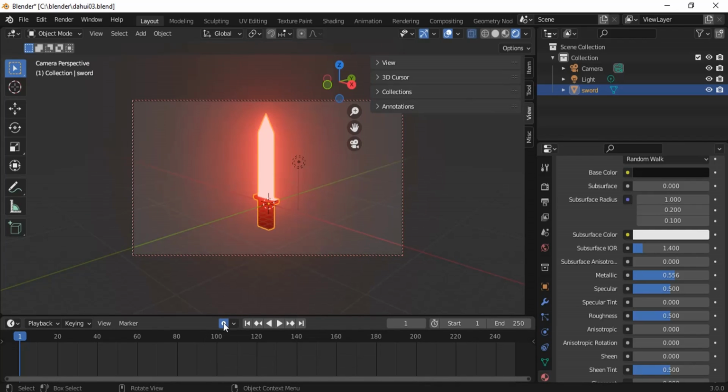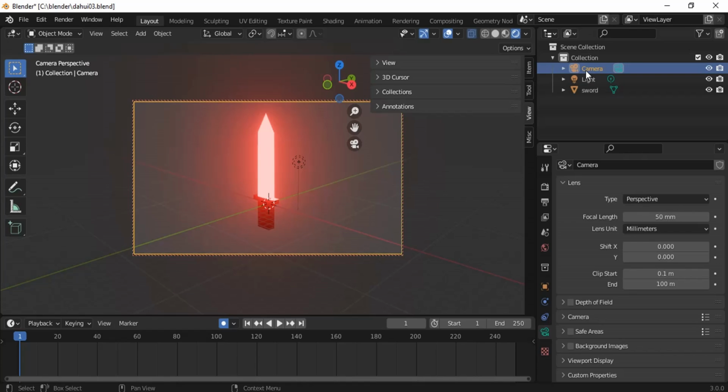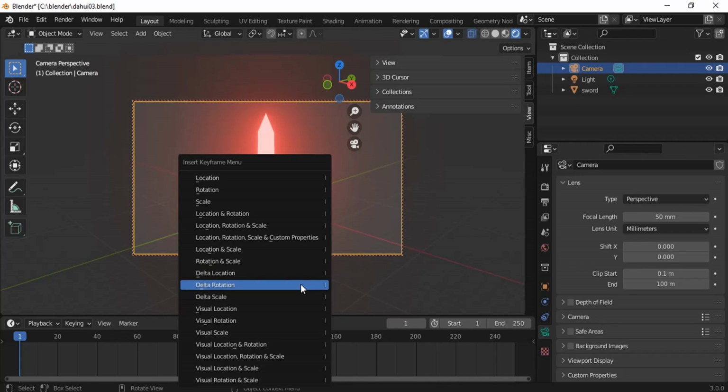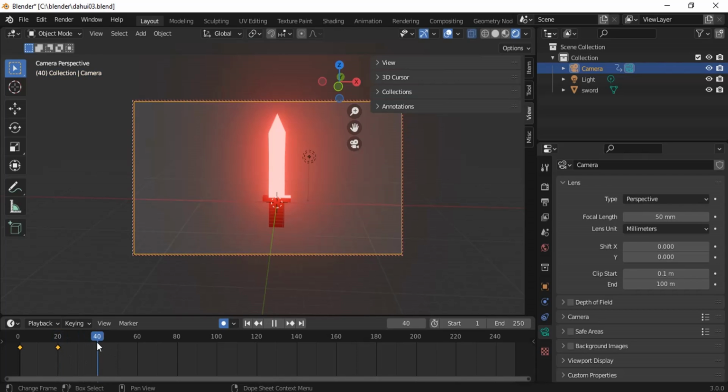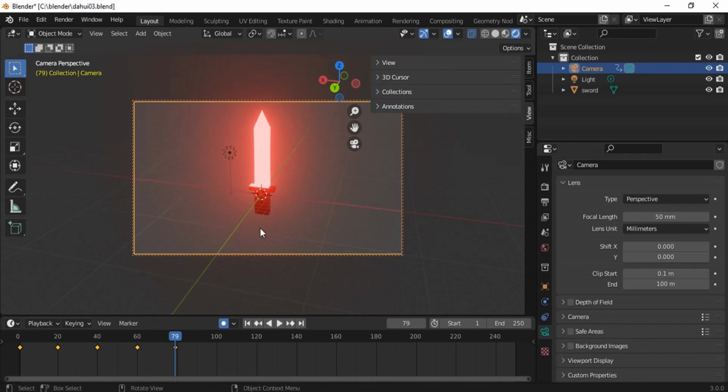Click this one, auto key. Then we click camera. Press I. Location and rotation. It will locate. Then we change it. Change it. Okay, we can zoom if you want. So with G to move. Click this one to end. This one to last